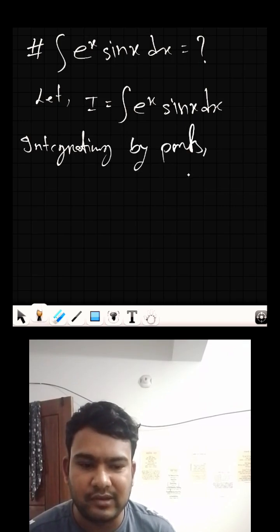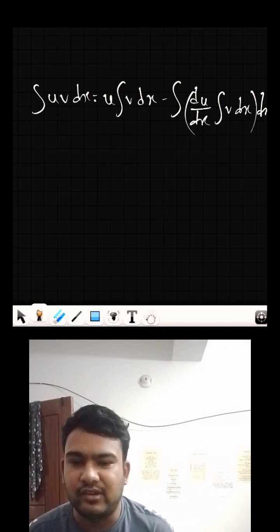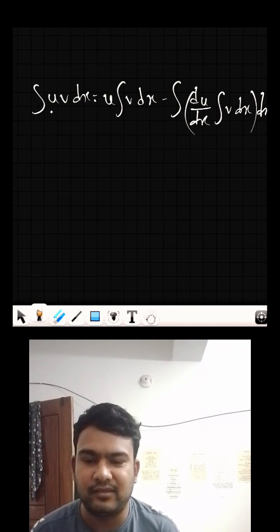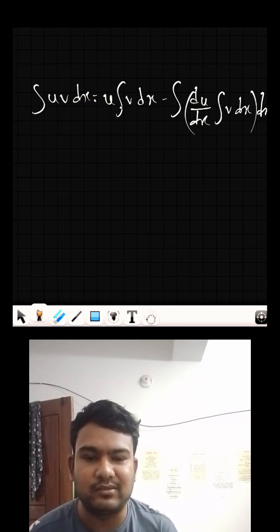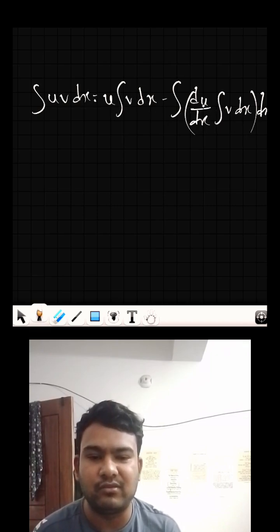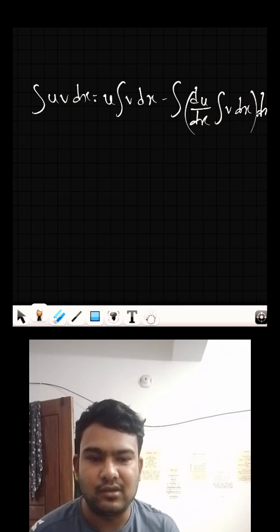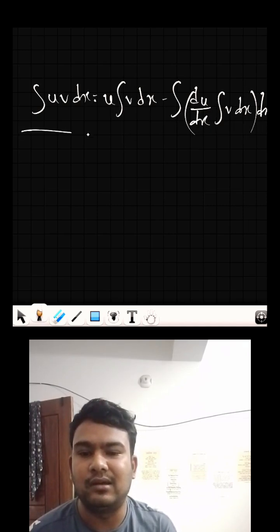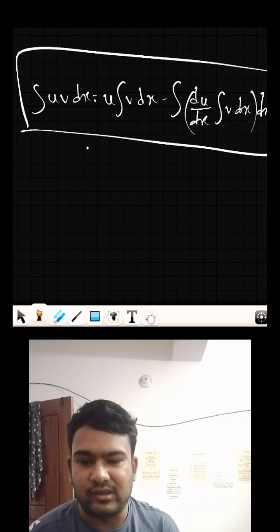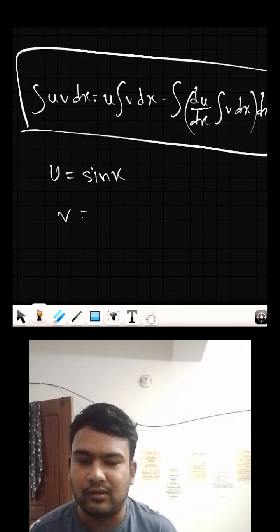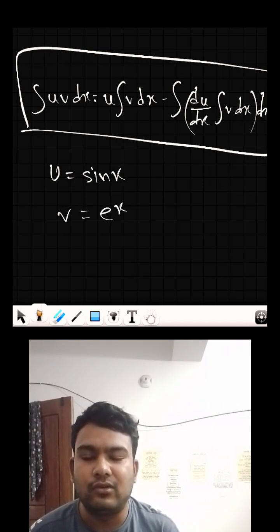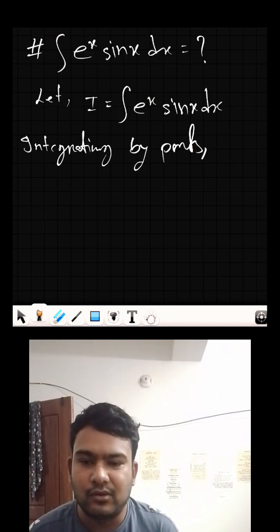We know the formula for integrating by parts is that integration of uv dx equals u integration v dx minus integration of differentiation of u into integration of v dx and dx. Okay, we apply this formula where we take u equals sin x and v equals e to the x. Okay, so integrating by parts, we'll get I equals